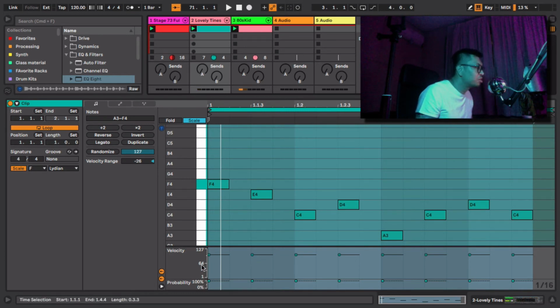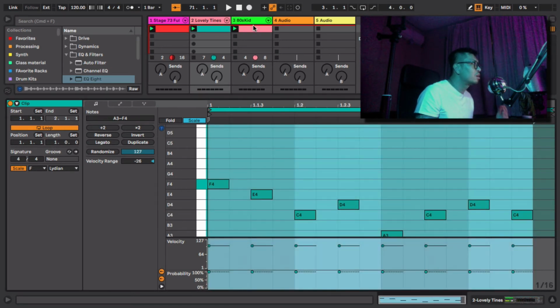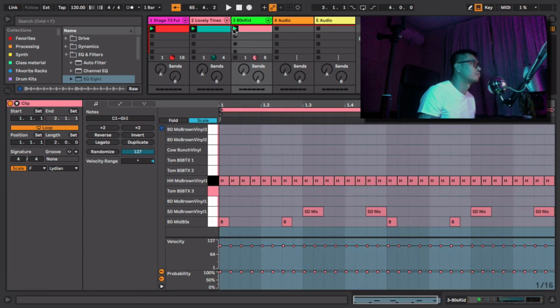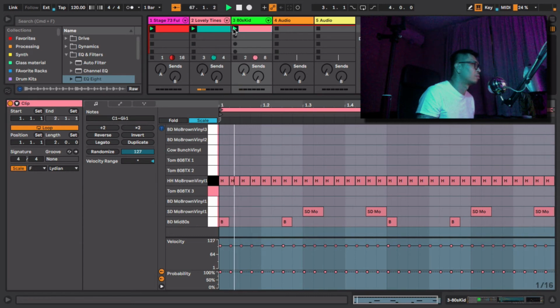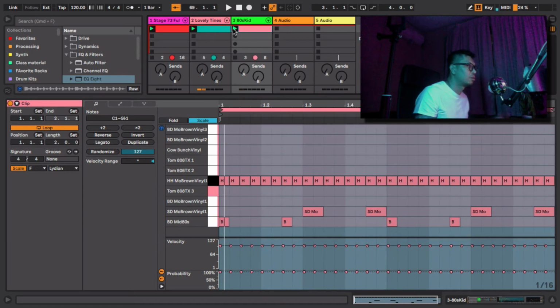And then there is actually still one more panel right here, which is probability. So I'm gonna show you what this does. Let's add a drum. I already made some drum track in here. So let's take a look at this drum track. Let's try it out. Just a really straight drum, but we can make this sound a bit more natural